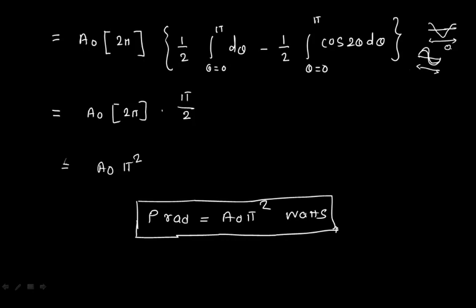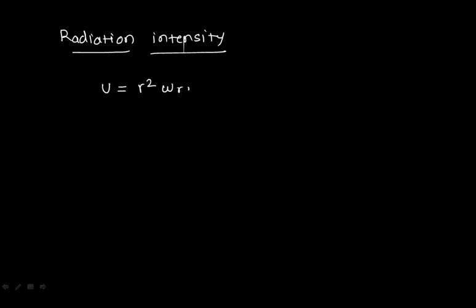Now how you are going to calculate the power intensity? मैंने radiated power तो निकाला है. How I am going to write the equation for the intensity? So if I'm talking about the radiation intensity, it is not asked, but we'll try to find out the radiation intensities also. So I know the equation, that is U is equal to R square W radiated. R square into W radiated तो आपको पहले से दिया हुआ है A0 sin theta by R square. So R square will get cancelled. So I can write here this will be A0 sin theta.